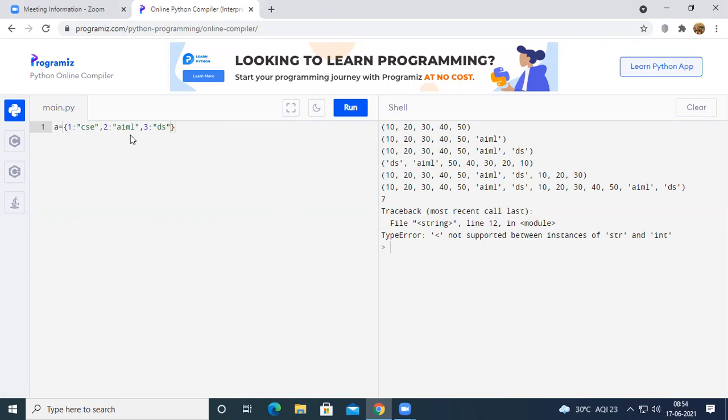In a list, we have the index from 0 to n minus 1, but in a dictionary, we have indices of our own choice. In a list, there is no need to provide the index during declaration, because the index will by default be 0 to n minus 1. But in the case of a dictionary, we have to provide the index as well as values.